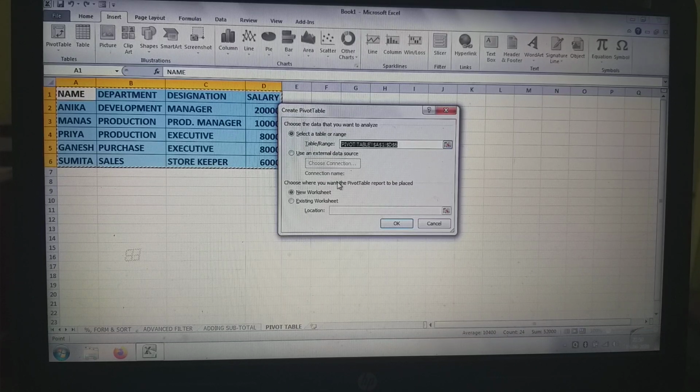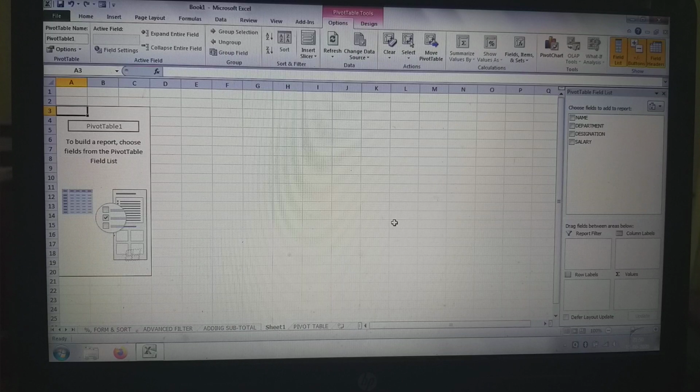The new worksheet radio button is selected by default. Click OK. The Create Pivot Table dialog box closes. The pivot table layout is displayed on the new worksheet.